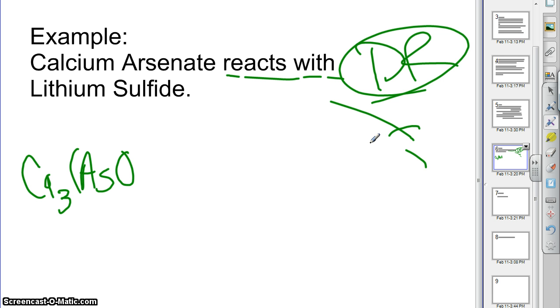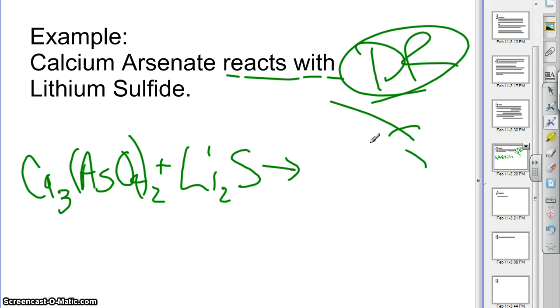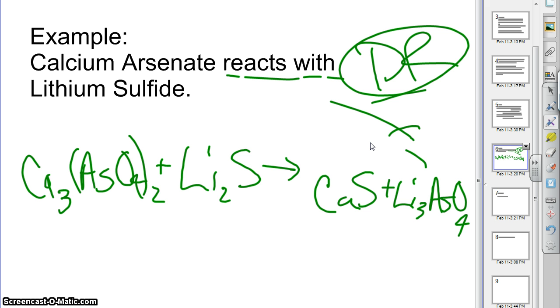Ca3(AsO4)2 plus Li2S arrow CaS plus Li3AsO4. Now I am going to go ahead and balance this with you, just because I want to emphasize that